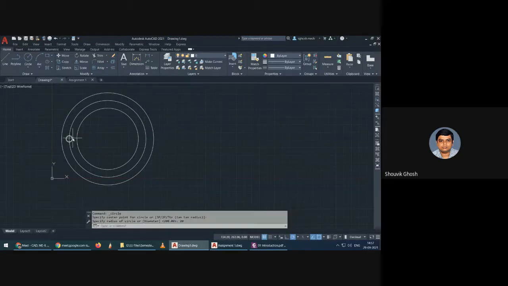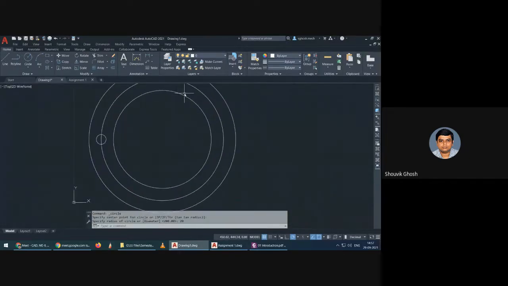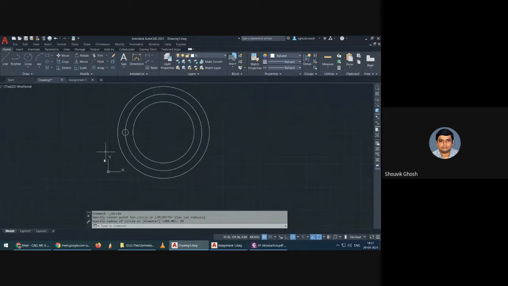Using this 250 circle as the radius of curvature, we will do polar array. So selecting the object, specify center. So specifying the center.